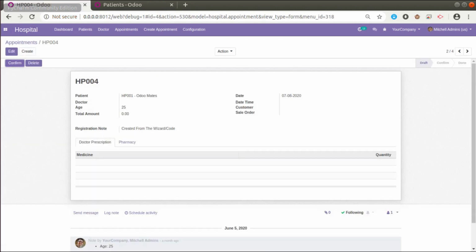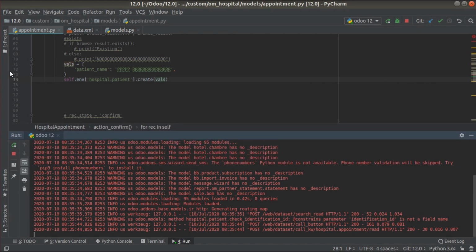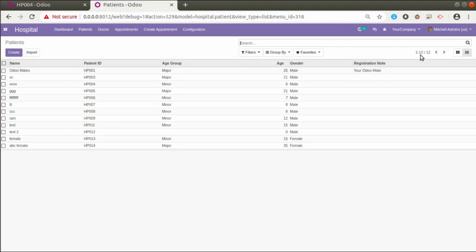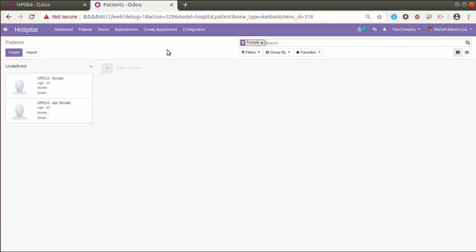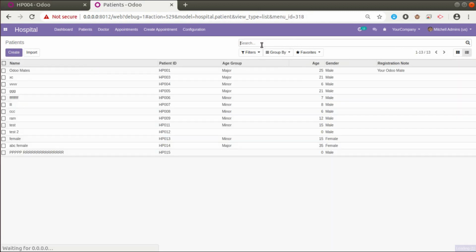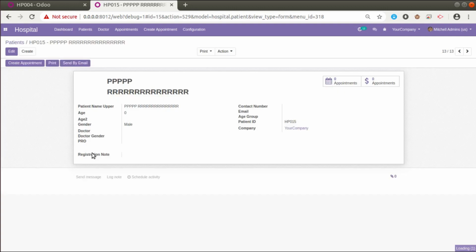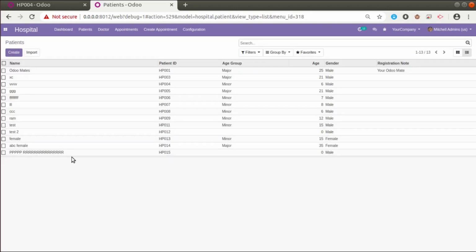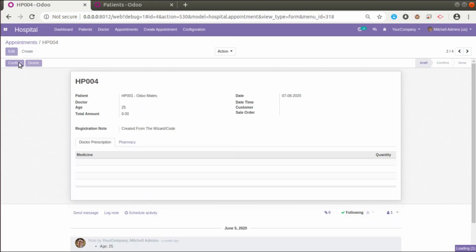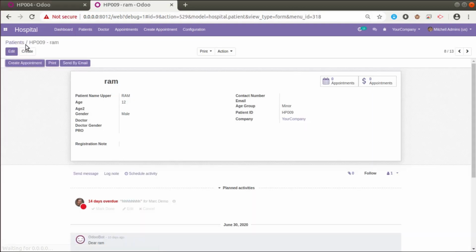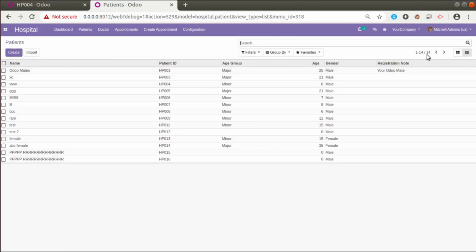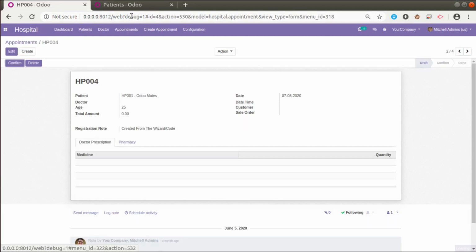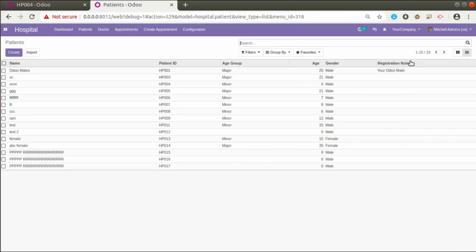The confirm button is executed and there are no errors in the log. Currently we had 12 records, and if I come back here, you can see one more record, PPP, got created. So here you can see we have successfully created the record from the code. If I click on the confirm button again, it will create a new record. You can see its count is 14, and if I click once again, it will be 15. Three PPP records have been created. So this is how we can create a record from the code.